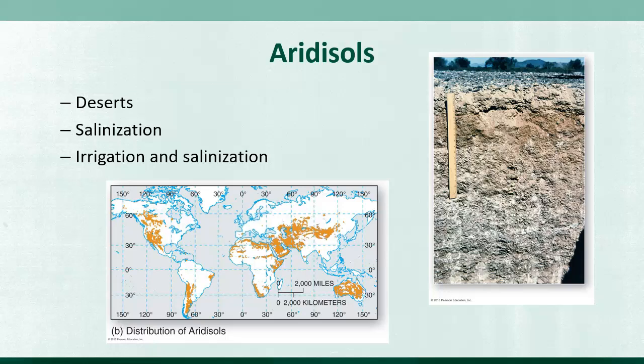That's the bad news. The good news is, though, that a lot of the non-soluble material, the stuff that can be used really well for agriculture, is there. You just have to get rid of the salt, which is pretty soluble. So fields that can be, or soils that can be adequately irrigated are often very good agriculturally. But you can definitely over-irrigate too much and cause that salt to sort of move upwards in the soil.